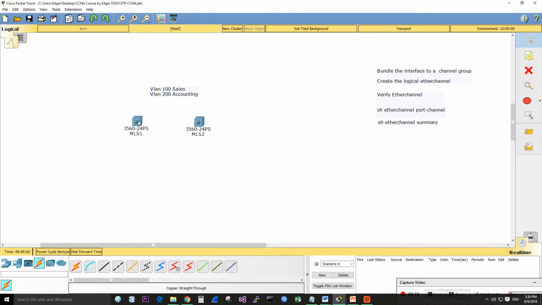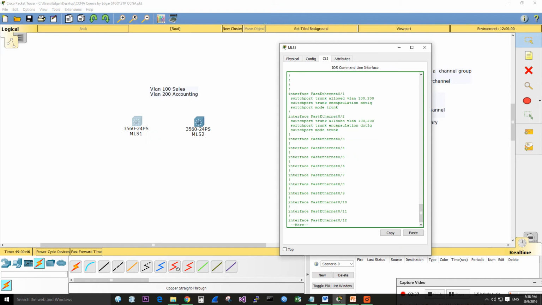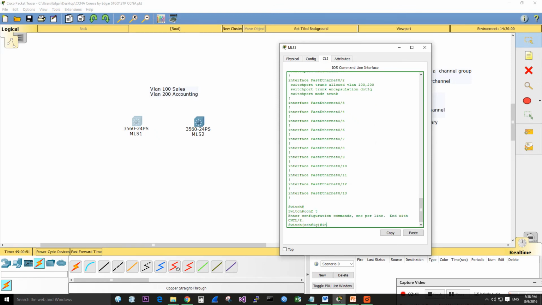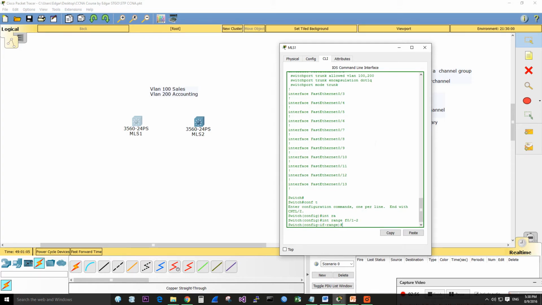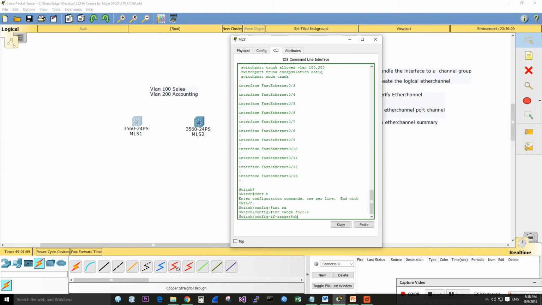So the first thing we need to do is to bundle the interfaces into a channel group. To do that, we need to be in global configuration mode. We need to be inside the interface. Interface range is a good command to do this, because we're going to work with 2 or more interfaces at the same time. So interface range FastEthernet 1 to 2, and the command to do this bundle is channel-group